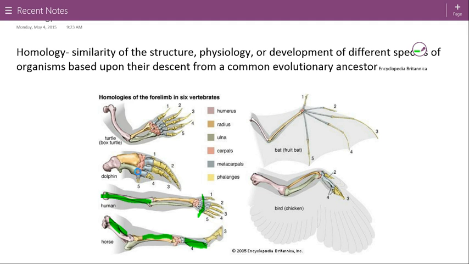So you're starting to see that maybe these don't have really a similar structure. I mean, there's kind of sort of the same order of joints, and there's kind of sort of the same amount of different sections of bones, but that's really about it. Especially when you start looking at this, like the chicken and the horse and the human, they're not looking anything alike. And if you think about it, it's supposed to be based upon a common evolutionary ancestor,